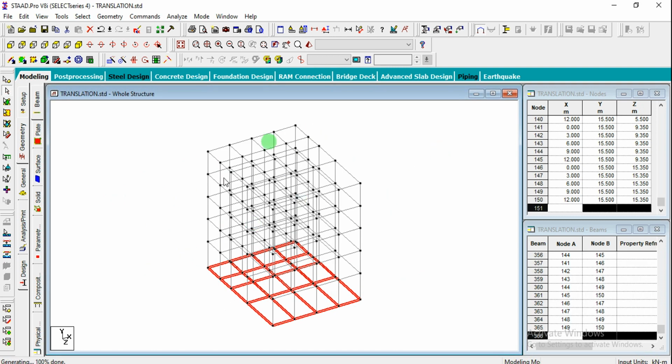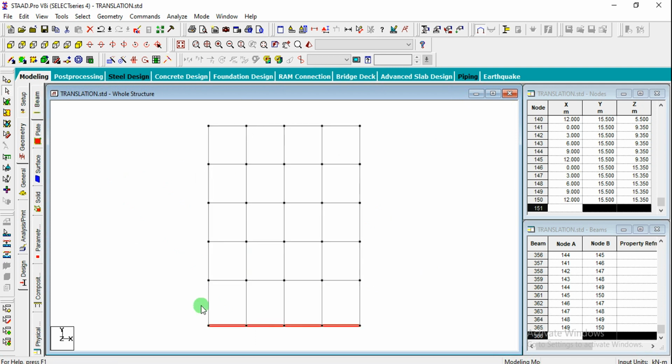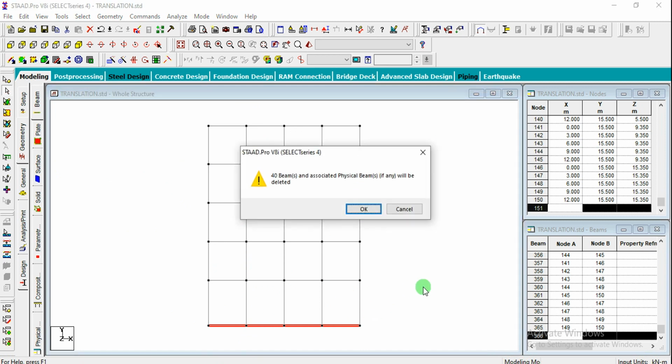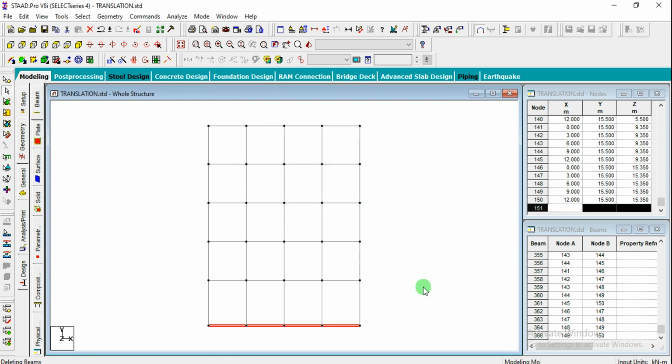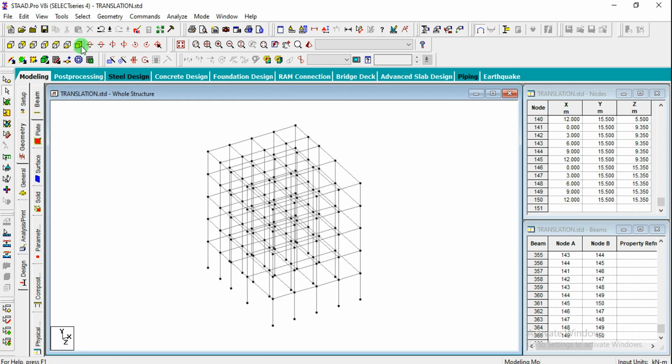So we are going to get a grid structure like this. Okay, from the front view it will look like this, and if you want to remove this bottom portion, simply select it, or by default it will be in the selection, and click on delete and OK. So like this we can create a 3D structure. This is one method, and other methods we'll see in upcoming videos.